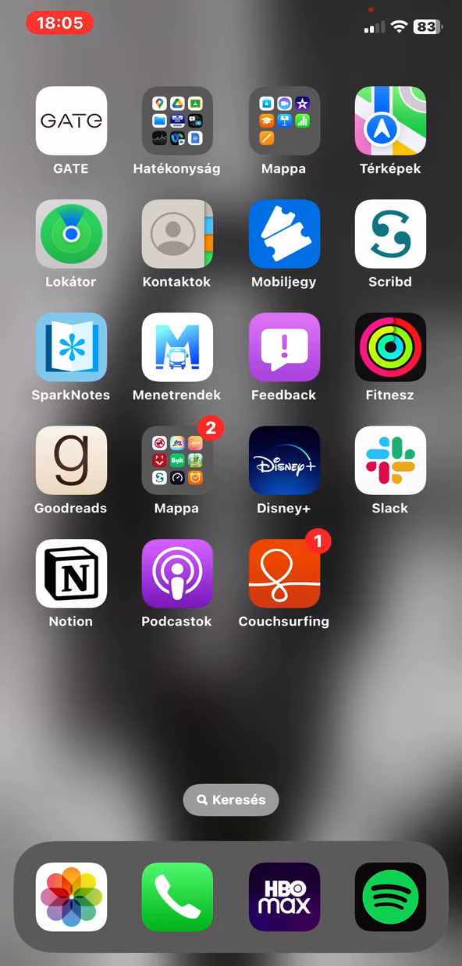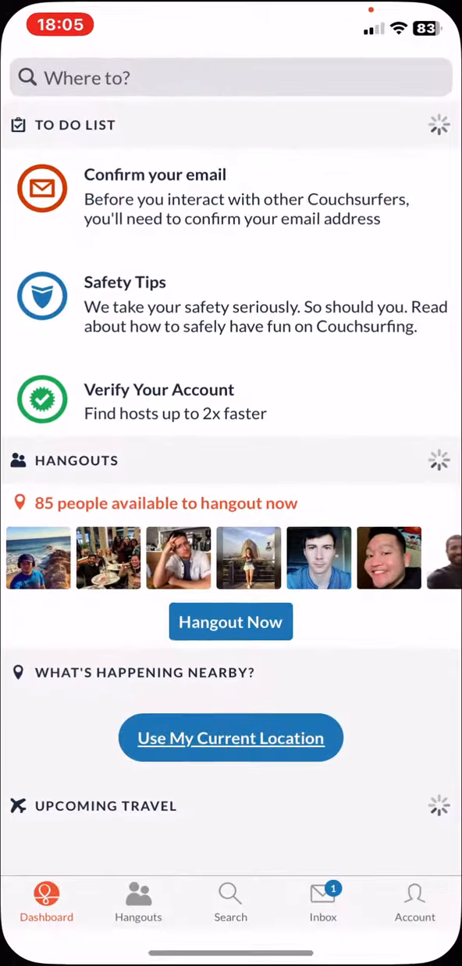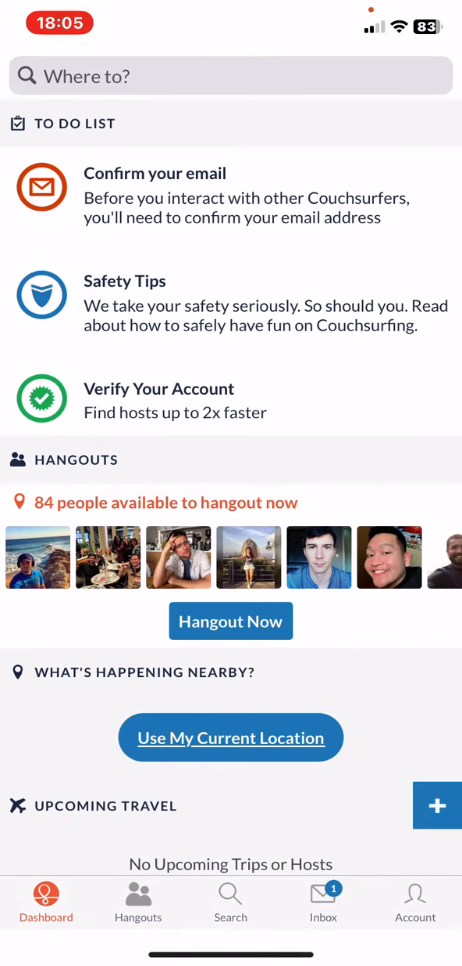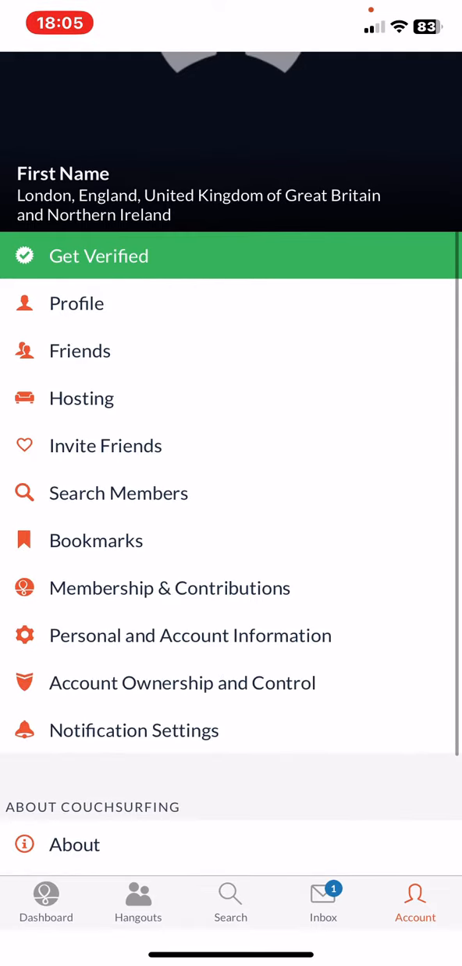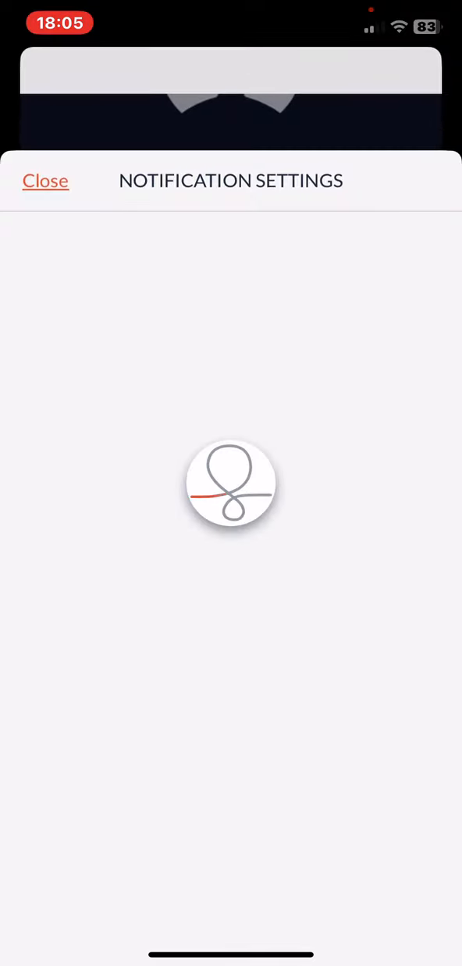First of all, open the application on your phone and then click on the account button at the bottom of the page on the right, and then scroll down and click on the notification settings button,